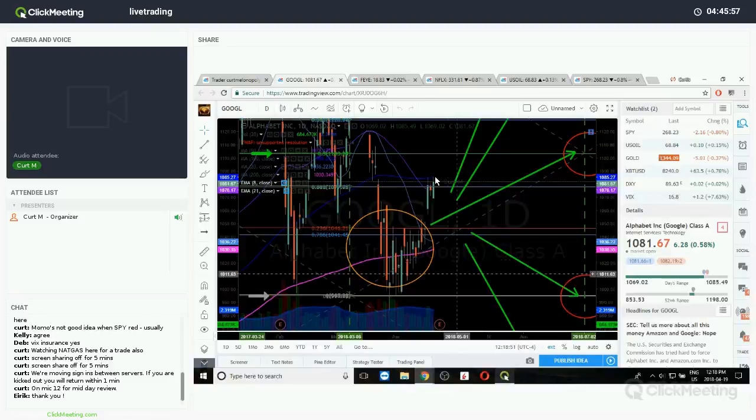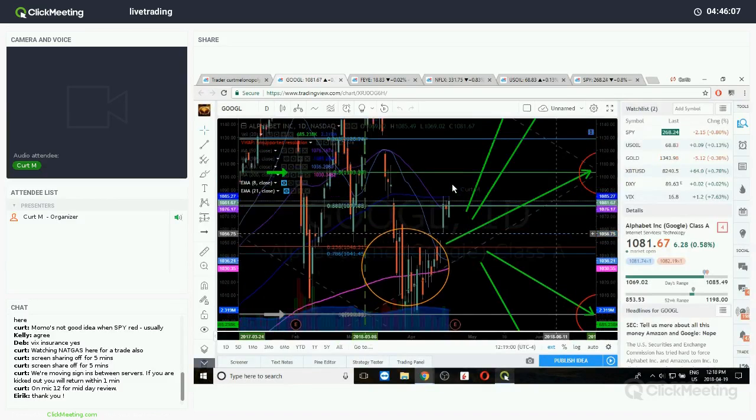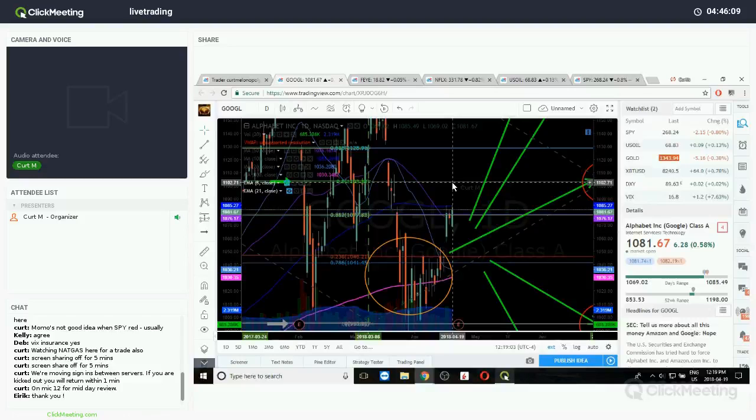So Google's doing the same thing it was doing the last 3 days. It's struggling with that 100 MA. Its main pivot area on its chart, so it's doing what Apple's doing, because its main pivot area is at 1102.71, or no, it's the opposite of what Apple's doing. Oh no, that's the same thing. Yeah, because Apple's under its main pivot too. Its upside resistance main pivot is called 1100, 1103, 63-ish. These are all approximate. Next resistance above is 1128.53.